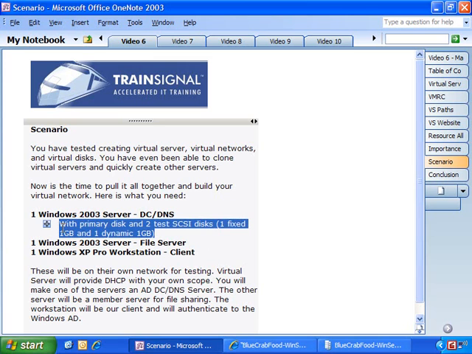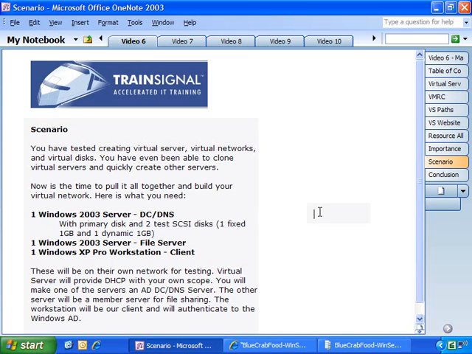So we just completed this part of the Blue Crab Food test scenario. And with that, that means that we completed the entire scenario. I know it took a little while, but I really wanted to show you what it looked like to kind of pull it all together with Microsoft Virtual Server, to have two different servers running along with a workstation,